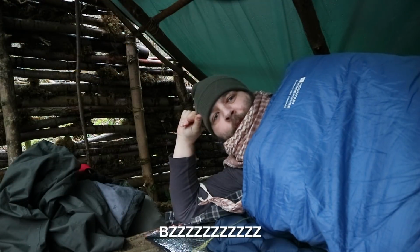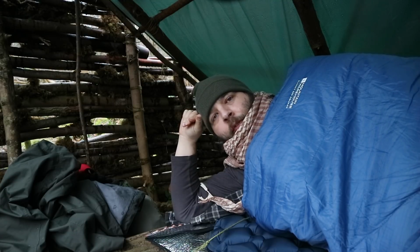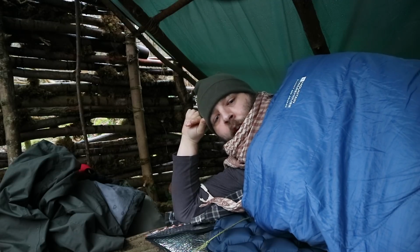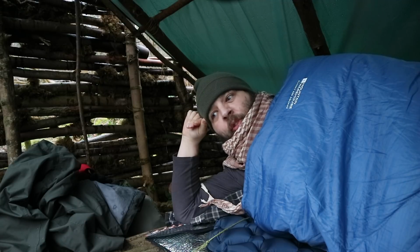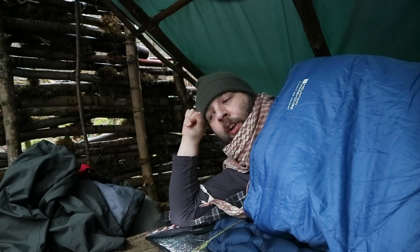Well, good morning. Had a pretty good night's sleep. It's been raining for pretty much all of the night. It's been quite a nice kind of pitter-patter on the tarp though, really. It's just been a bit heavier this morning. The dry line's good, so everything's nice and dry in here. The fire's all out. I've got plans today, so unfortunately I can't really stay and do breakfast and things like that. In fact, it's going to be a bit hard to film any takedown of camp either,